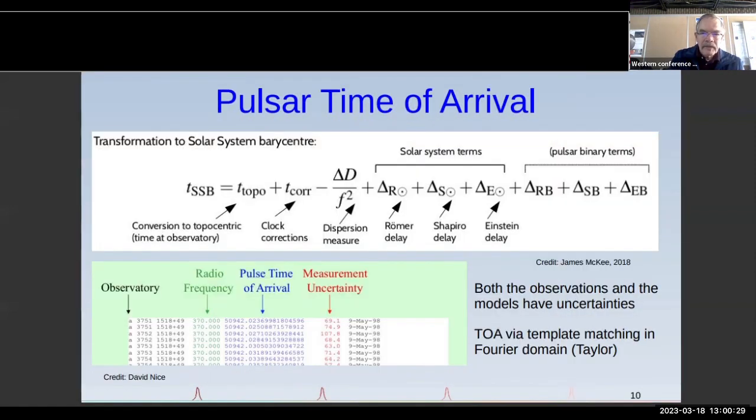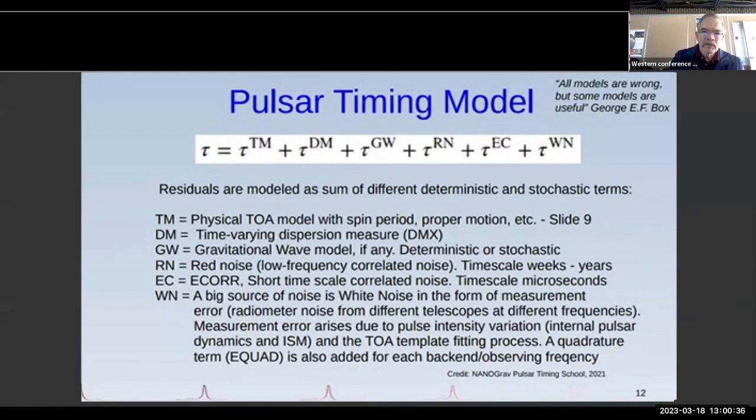Well, that's all this stuff here, where I talked about the conversion from topocentric to barycentric. All of that just becomes this first term here, the TM. Then there's the dispersion measure factor we talked about. If you're trying to model gravitational waves, then you need to add in that model, and that can be deterministic